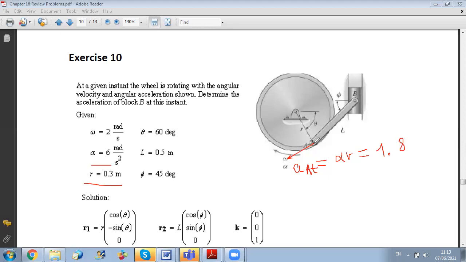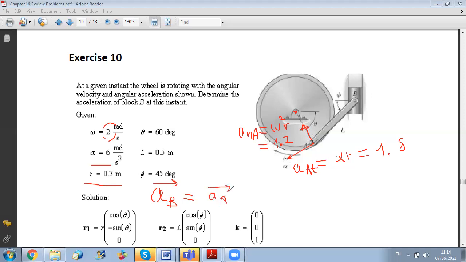Now concerning the normal acceleration, it is directed towards the center of rotation, and it's given by A normal at A equals omega square times r, where omega is 2, so it's 4 times r equals 1.2. So now all I have to do is to relate acceleration of A to acceleration of B by using the vectorial relation for translating axes. So AB is equal to AA